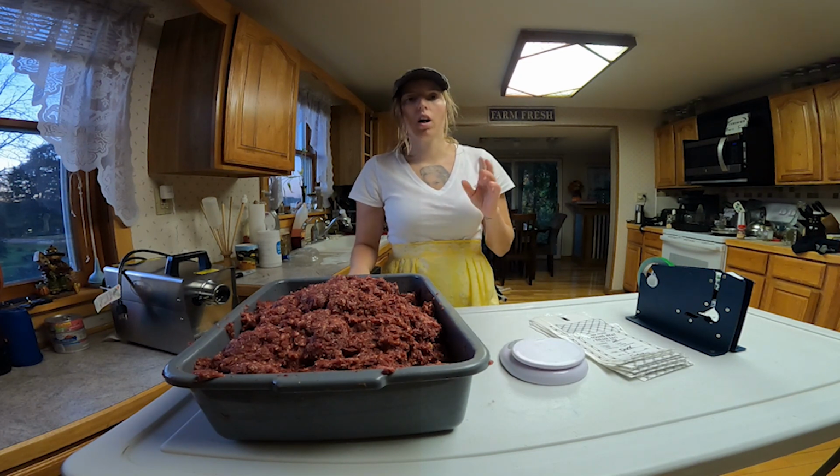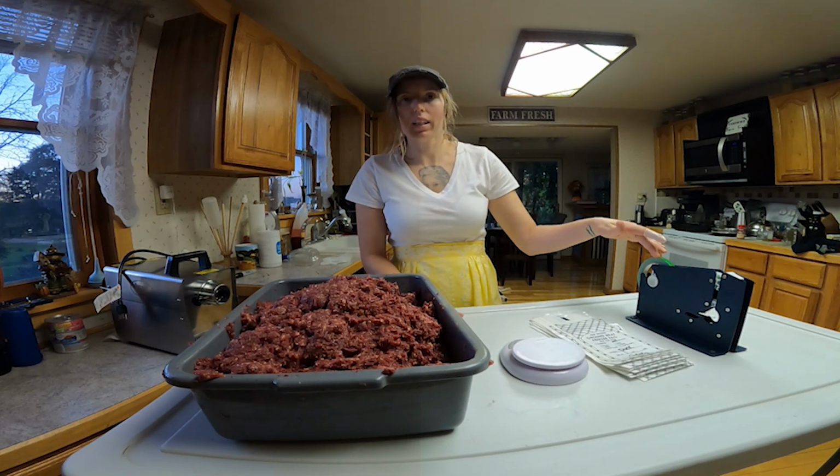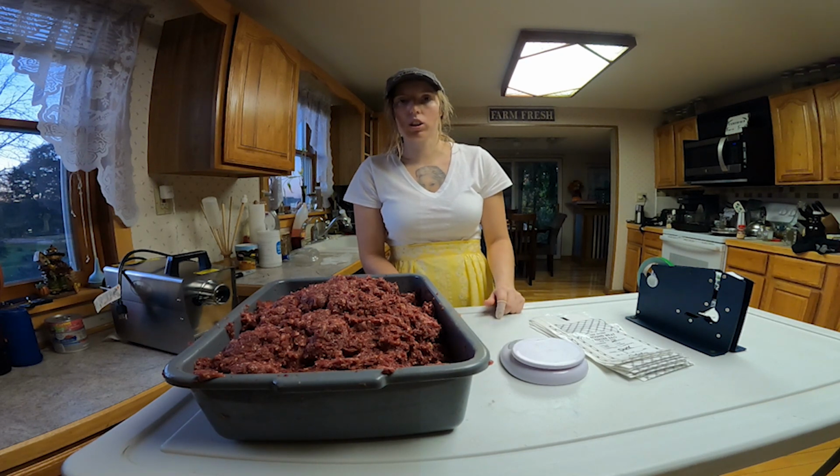So there should be 24 pounds of meat. I have 23 bags labeled. I want to keep out a pound and cook it tomorrow, just so we can get a feel for what this meat actually tastes like. We've got all of our meat here. We've got the scale, I've got the bags, and the bag tagger, I'm gonna call it, to seal up the bags. And we're just gonna run through, get all this meat put away,